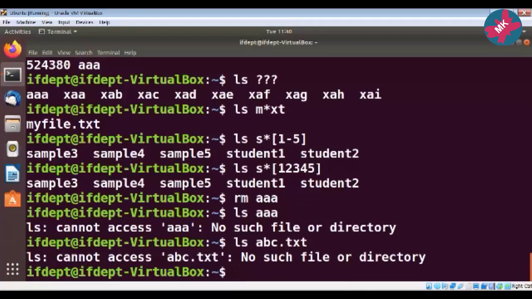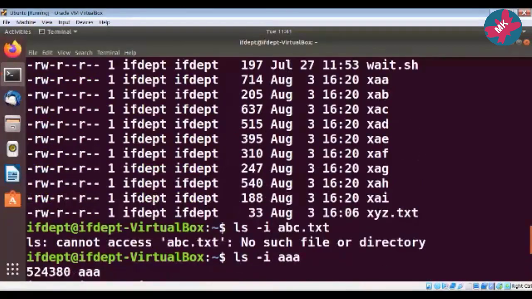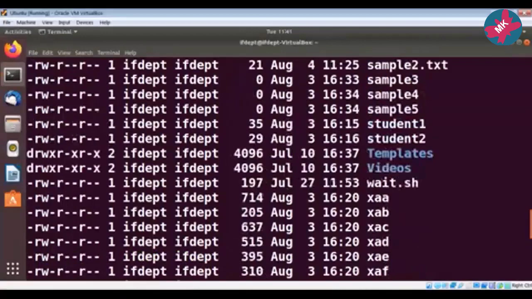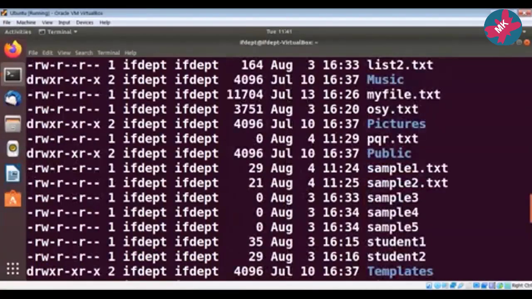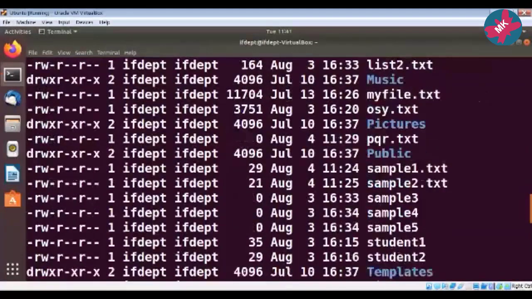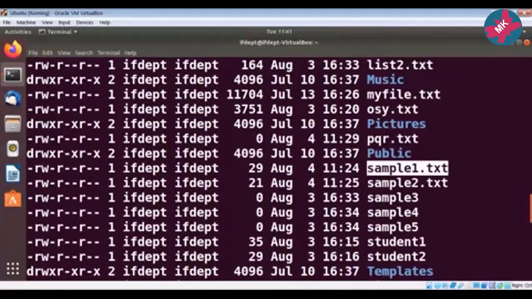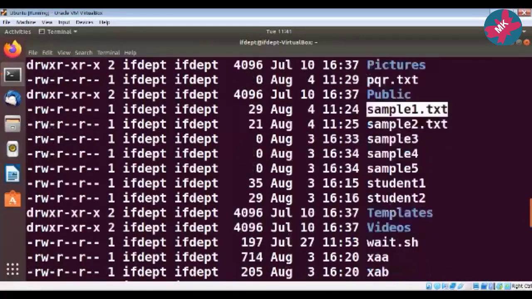Suppose there is a need for me to rename that sample1.txt file to myfile2.txt. You have just seen that myfile2.txt does not exist. Only sample1 is present here, which I created using the cat command.